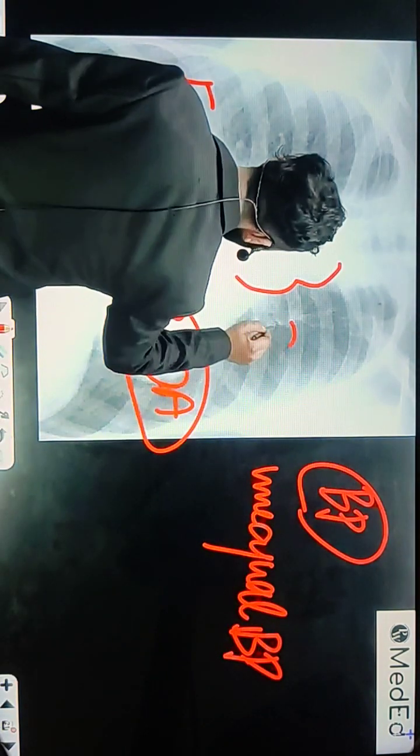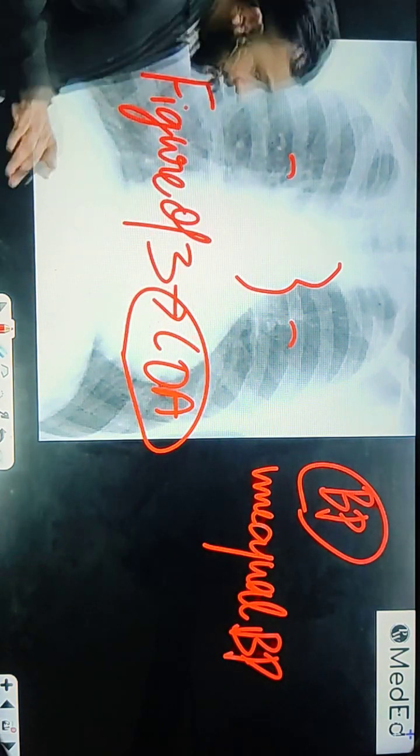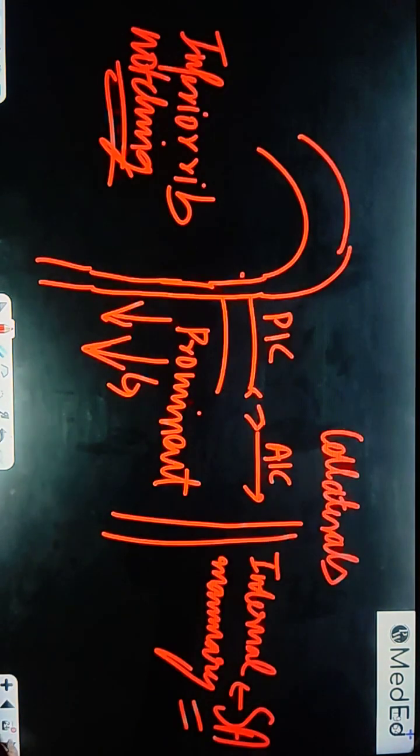So inferior rib notching is there in this patient because there are collateral channels which are developing, which are going to supply your descending aorta. Okay? Now I'm going to tell you one more interesting thing. Now we understand that rib notching is happening because of collaterals. There is inferior rib notching because of the collaterals. Now what happens? This narrowing